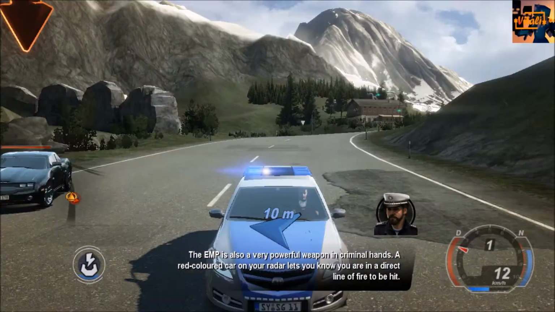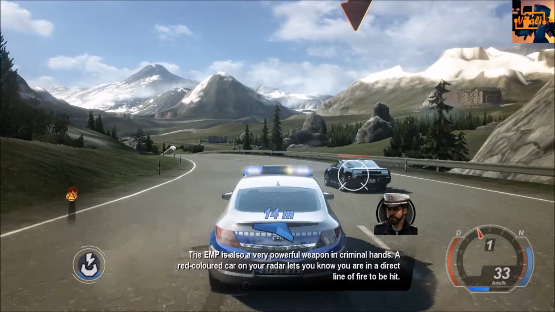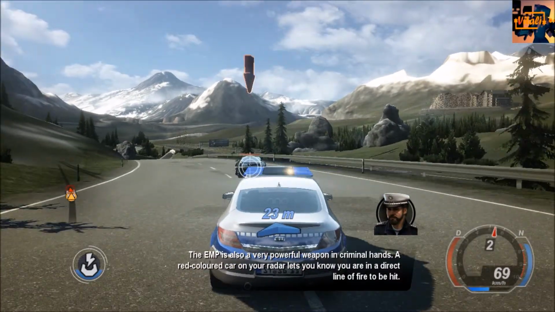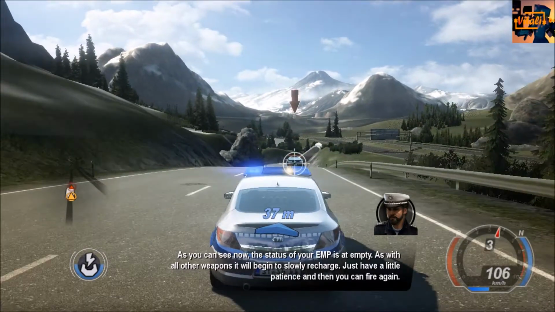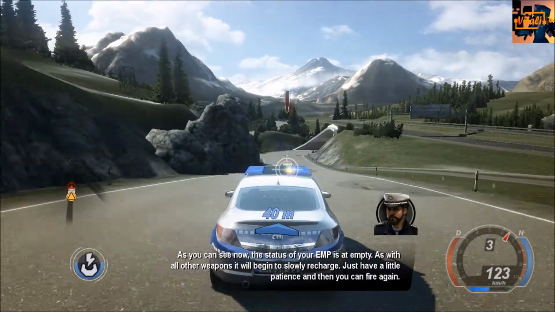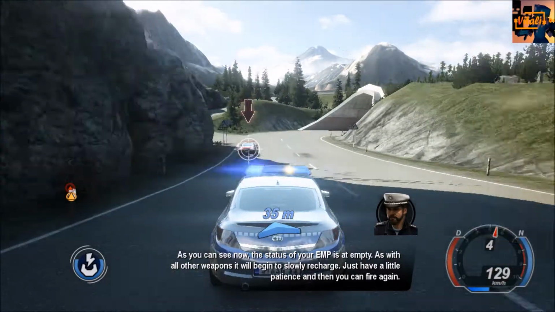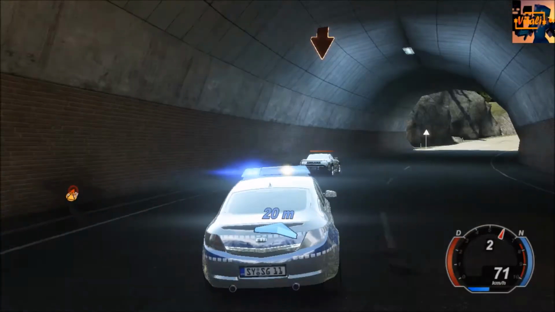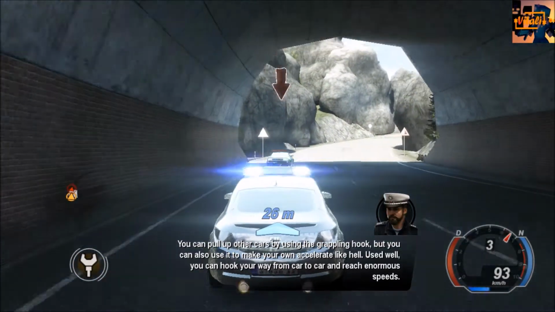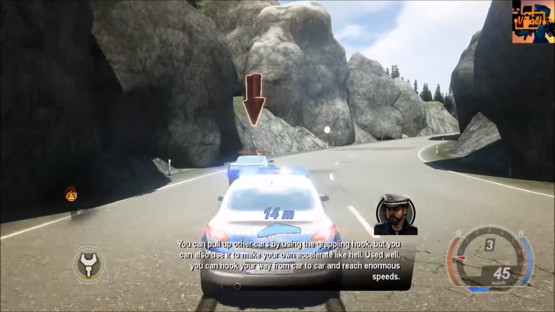A red-colored car on your radar lets you know you are in a direct line of fire to be hit. As you will now see, the status of your EMP is at empty. As with all other weapons, it will now begin to slowly recharge. Just have a little patience, and then you can fire again. You can pull up other cars by using the grappling hook, but you can also...